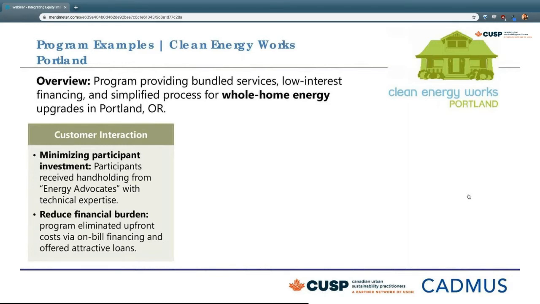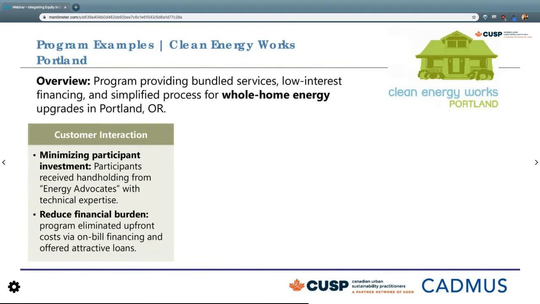It did whole home energy upgrades, which included both weatherization and air source heat pump installations. And this one is interesting for several reasons, as we'll get into. Particularly interesting in terms of the way that they try to incorporate equity within the supply chain. But starting with customer interaction, similar to the Somerville program, they had energy advocates with technical expertise. So these advocates, which were similar to the volunteer coaches in Somerville, could really talk homeowners through